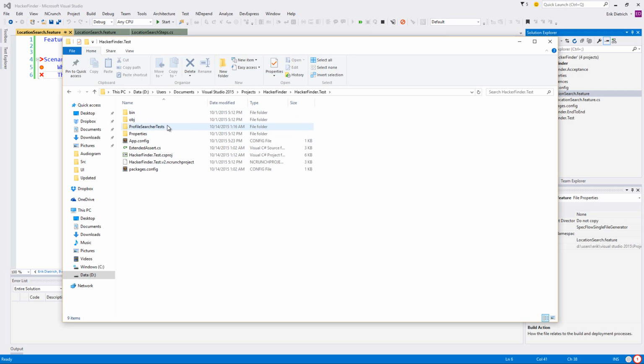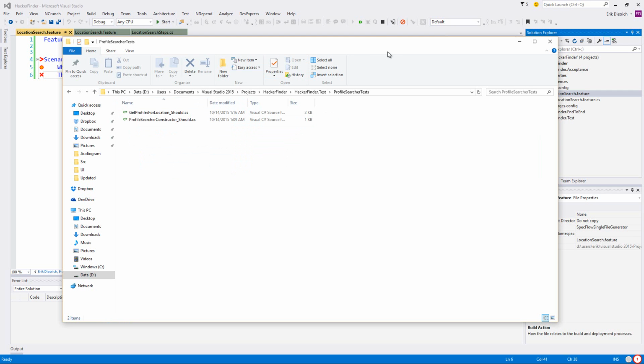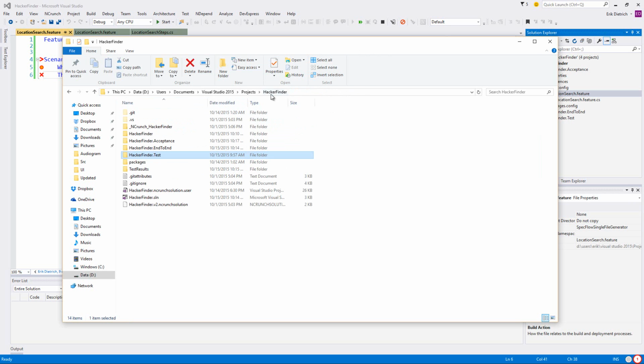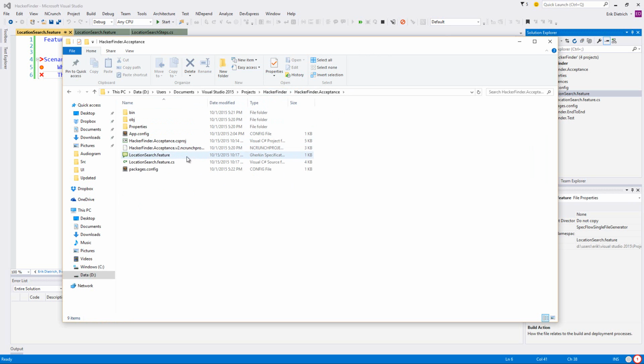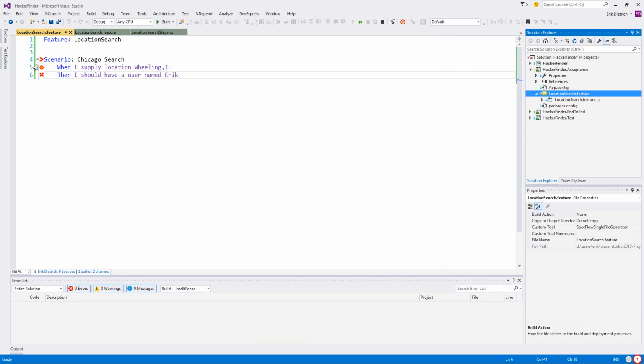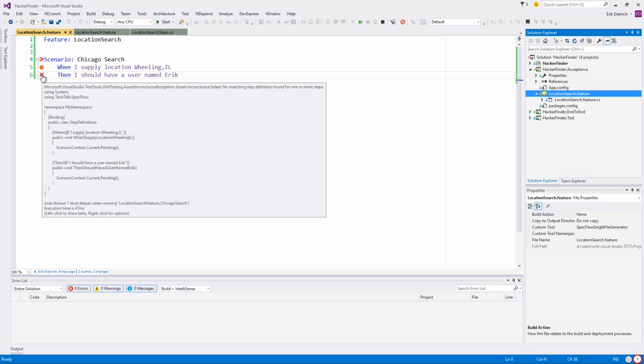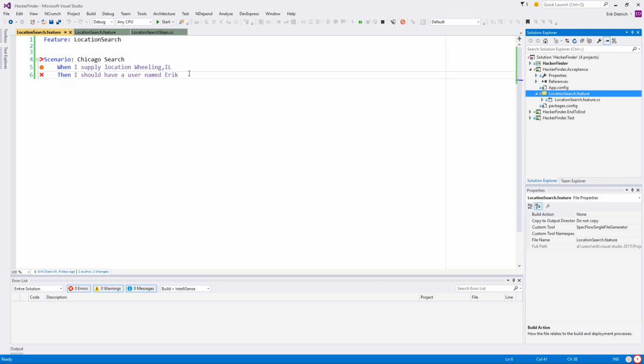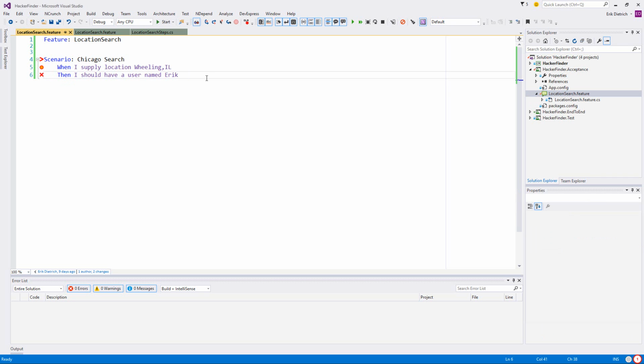So interesting. Profile searcher tests. What? Oh, yeah. Okay, so I think we're all set. So it generated that like against my will?